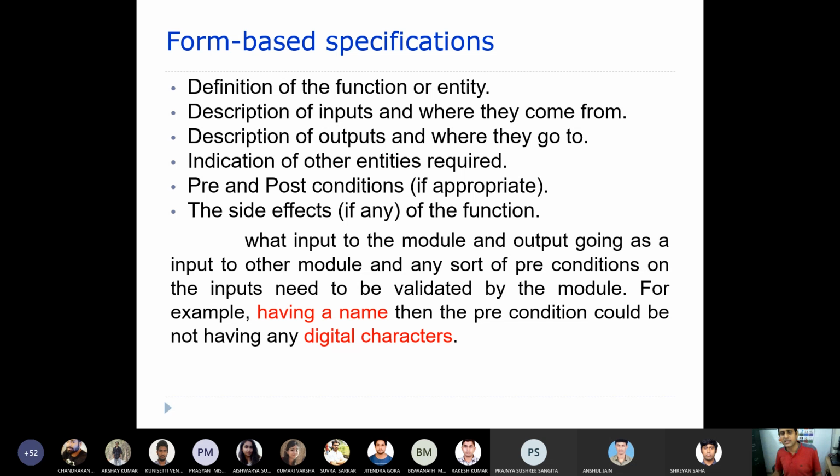Do you understand? The example is like this: you are going to give an input to the system, maybe a name. The name should not consist of any digital characters, that means it is only characters. And you can also say it should not consider any special characters. So this would be a precondition, and this should be met.